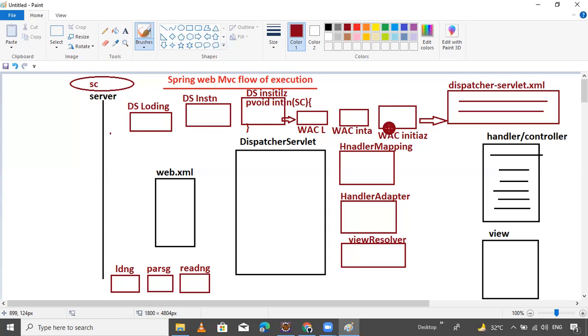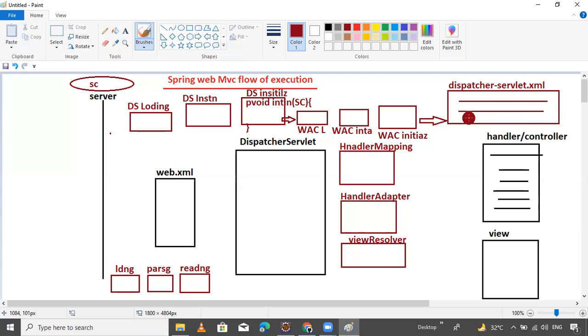At the time of initialization, the web application context will recognize the Spring configuration file under the web-inf folder. If it exists, with the dispatcher's logical name, the -servlet.xml file, then it loads the file, parses, and reads the content inside the dispatcher-servlet.xml file.